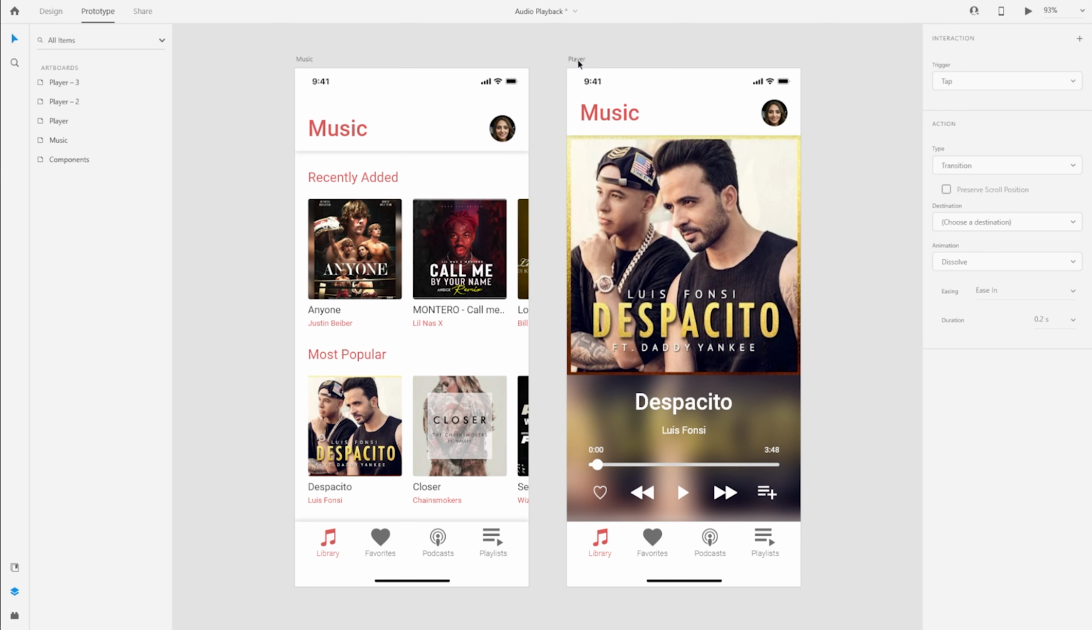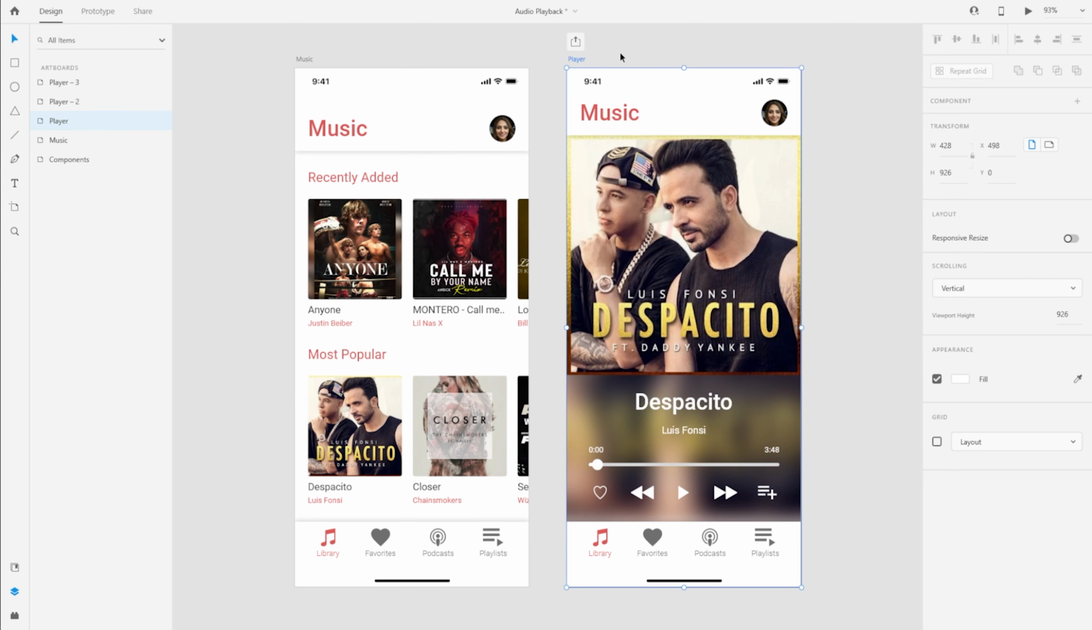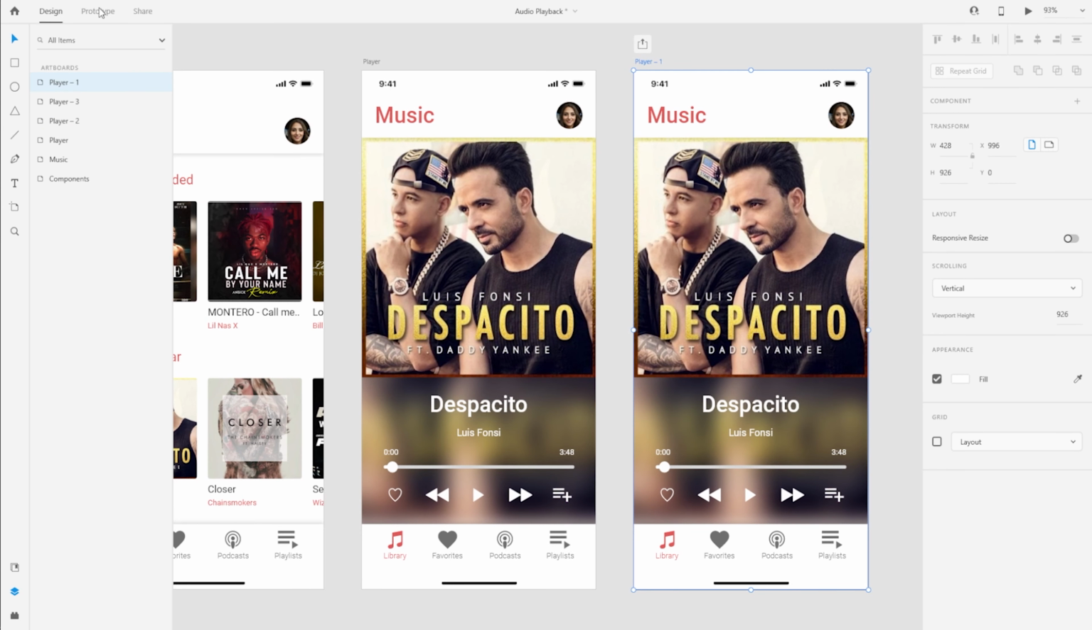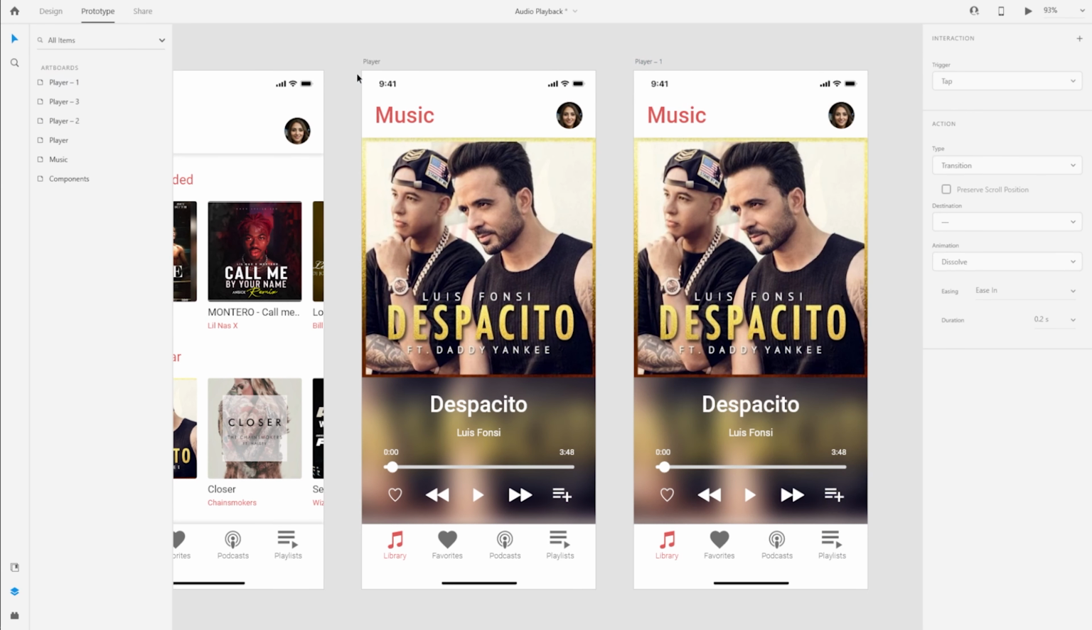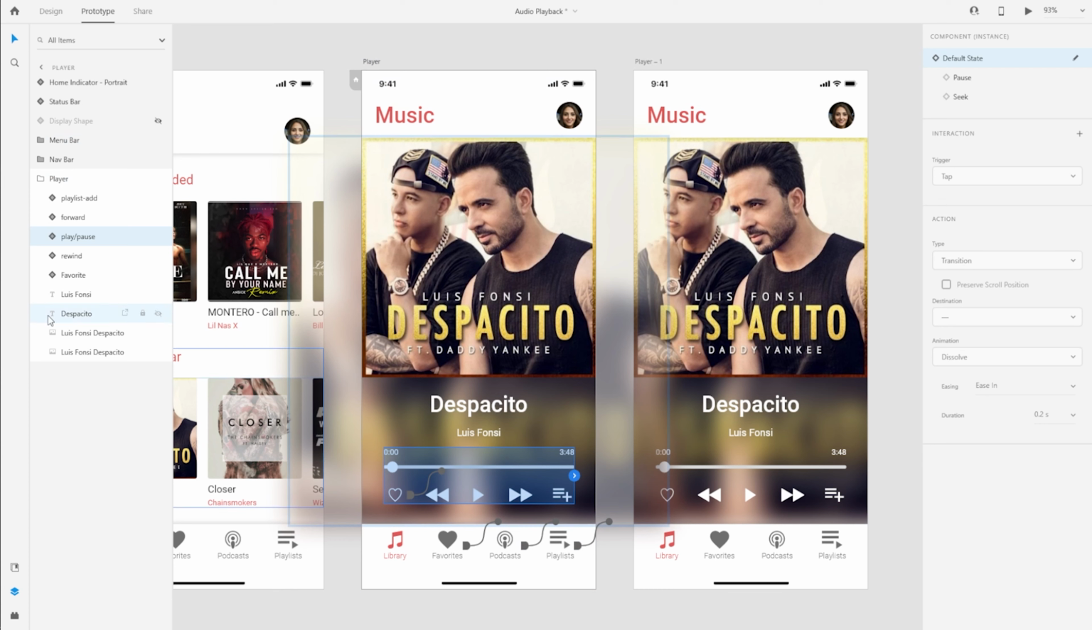I really want to quickly create a duplicate of this artboard. So I'm going to hop back quickly into the design tab. And with this artboard selected, I'm going to press Command or Control D to create a duplicate. All we have to do now is create that interaction to play the audio. And so if I go down into this artboard's layers,